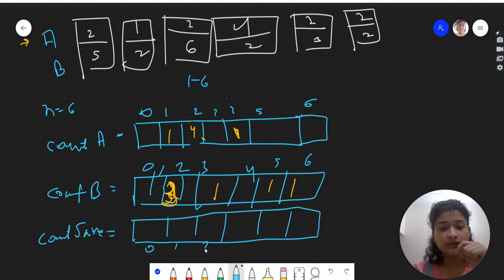It will be also of the same size as count A and count B. But whenever we get an equal element here, in this array also it's the same element, in this array also it's the same element, then we'll be storing that here. So this domino has the same value 2, 2. So I'll be storing 1 here.